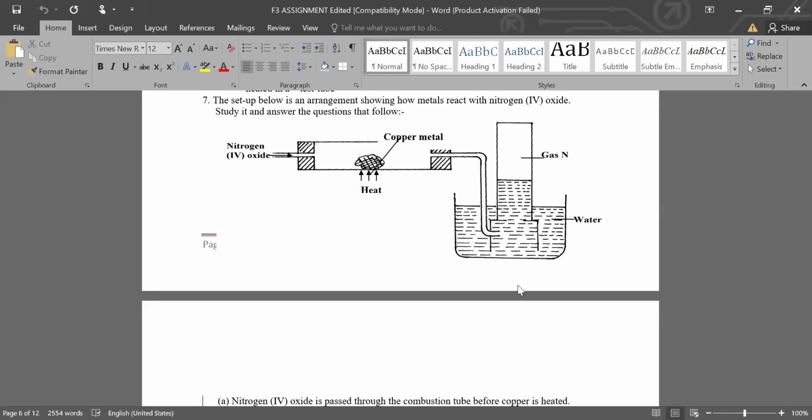We can move to the next question, the question below the diagram. Nitrogen 4 oxide is passed through